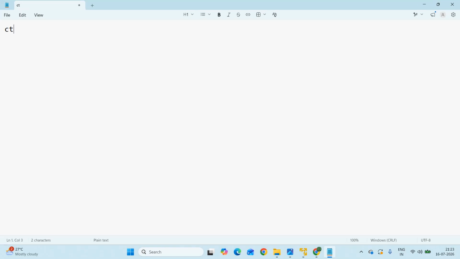Control key along with Alt. They need to be pressed together. I can say Control Alt can be used to switch between the guest operating system